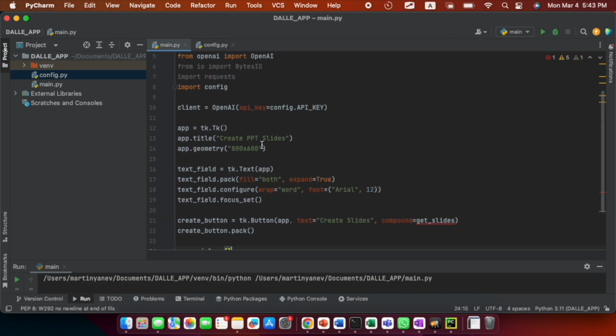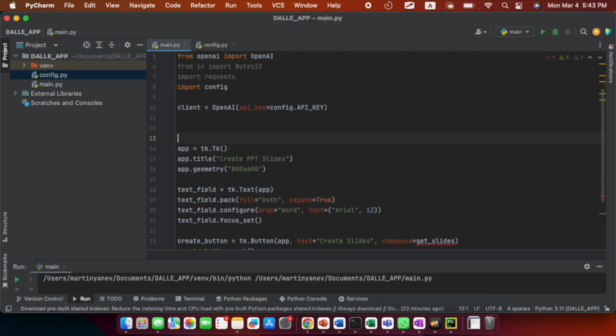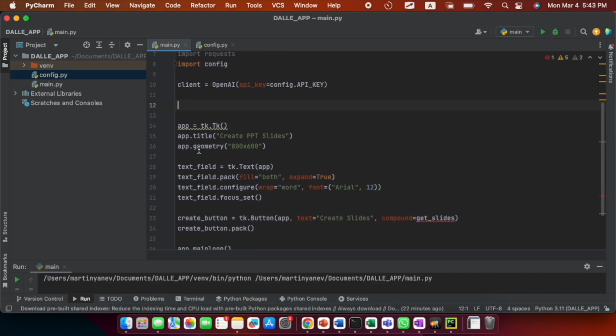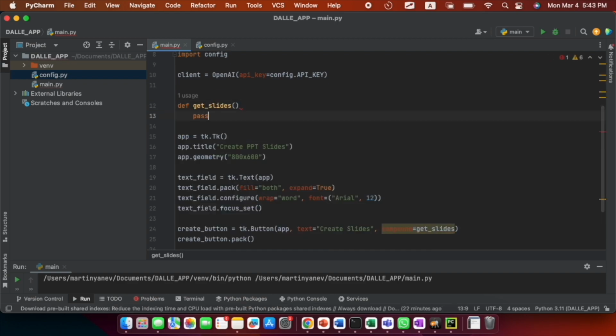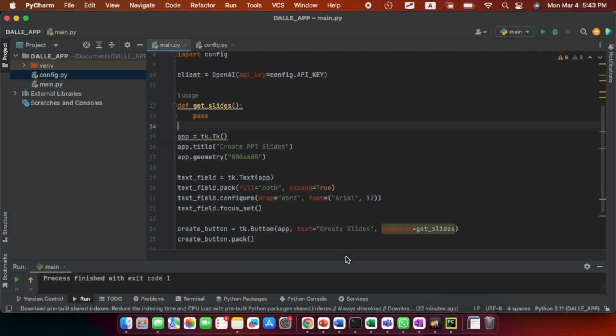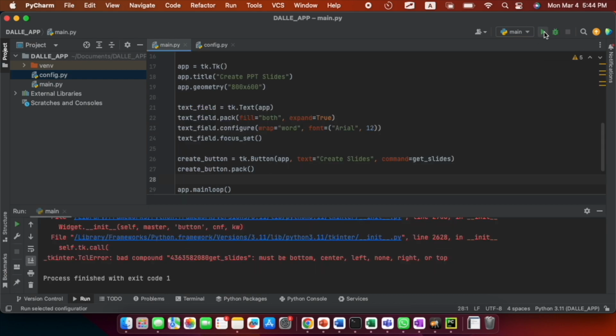Okay. So now just above the app here, I will create this function get slides. So I will do def get slides, and then here initially I will write pass. Now I will just try to run it. Oops, I got an error. Let's see. Alright, so now